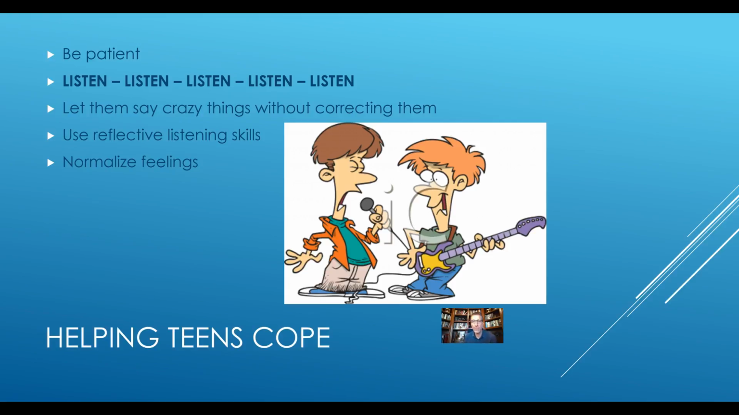Don't be so threatened and freaked out by what they say. They're going to say some really crazy things. So just listen. Use your reflective listening skills. A lot of times, normalize feelings. A lot of times they'll finish and they'll calm down. They'll be like, okay, that was crazy, and you just, yeah, they will. They really will. I mean, if you give